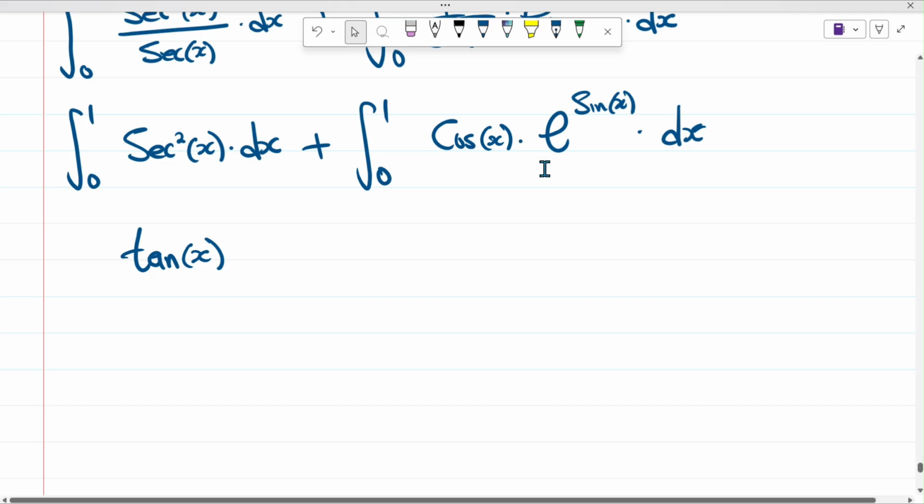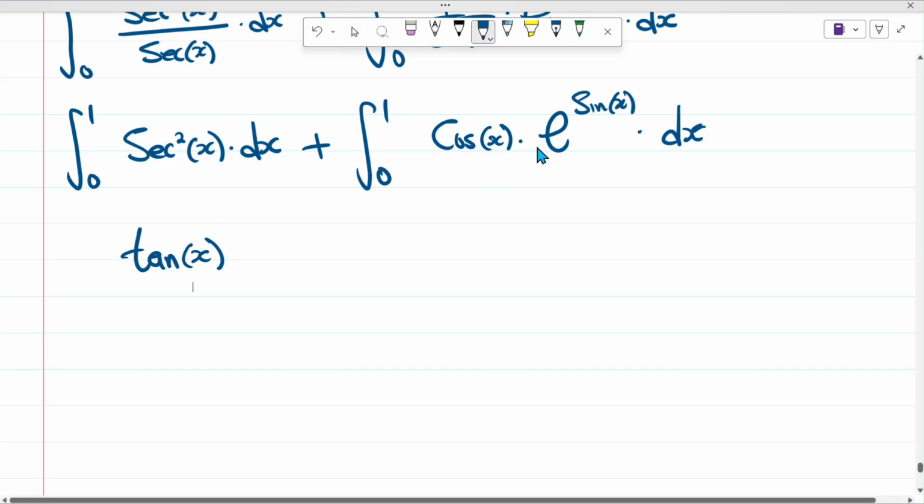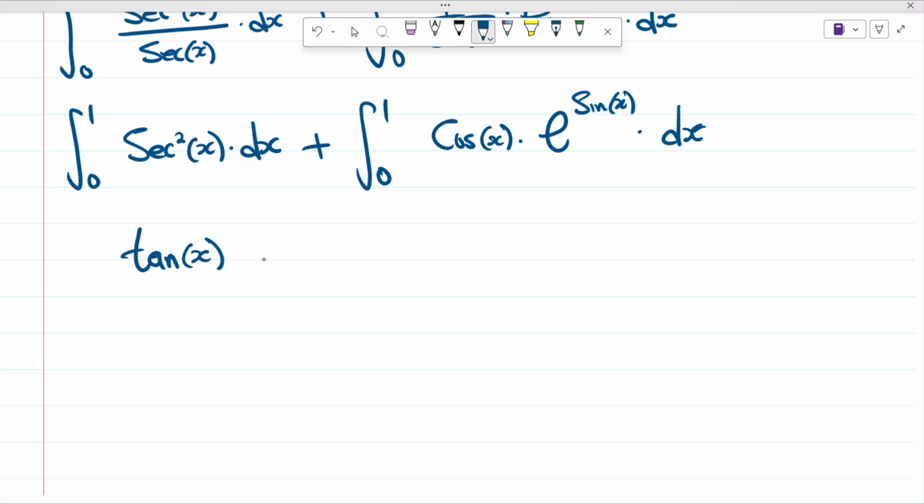So it's going to be just that exponential function, because we have the derivative of the exponent. So the derivative of sine x is just cos x. So this is just going to be plus e to the power sine of x,